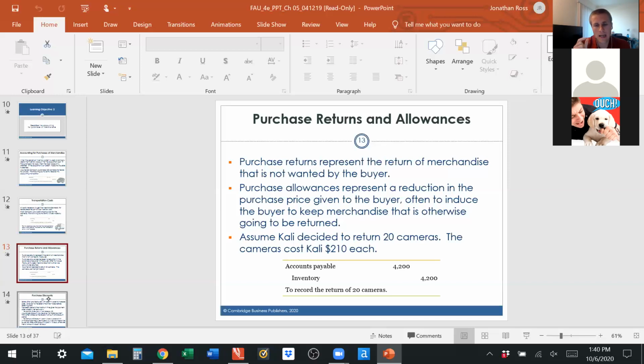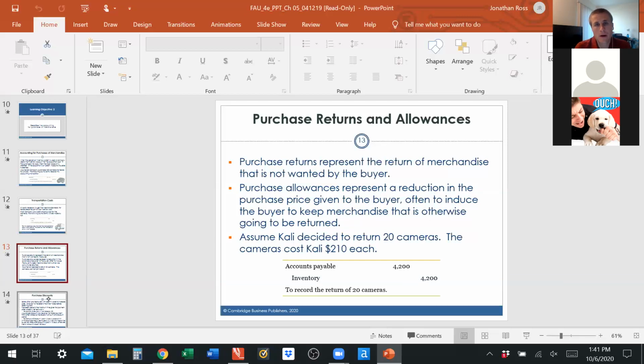So with purchase allowances, the implication is that the item you're selling them, that you're giving them an allowance on as a seller, has some defect to it. It's not as high quality. There's something slightly wrong with it, or it's slightly used. So a great example would be when you go to GameStop and instead of buying a brand new Xbox One, you buy a refurbished Xbox One. From GameStop's perspective,